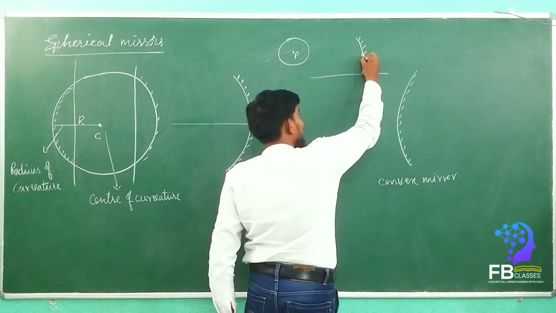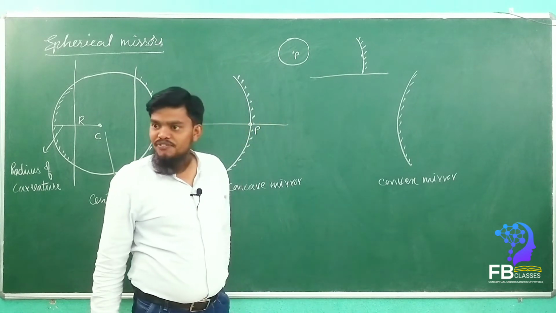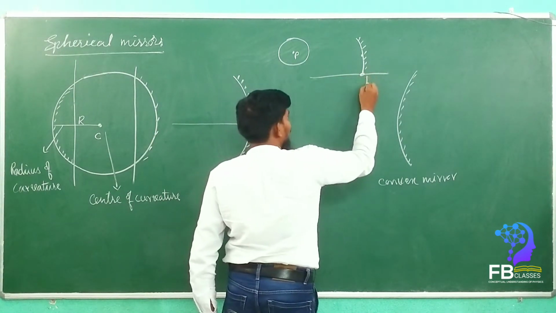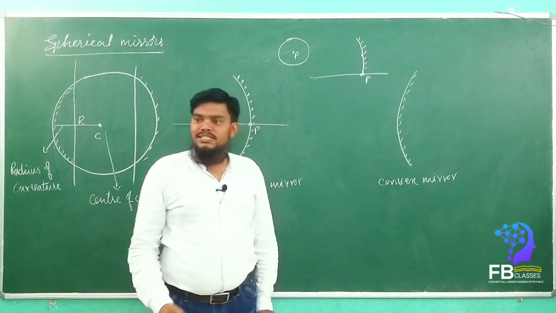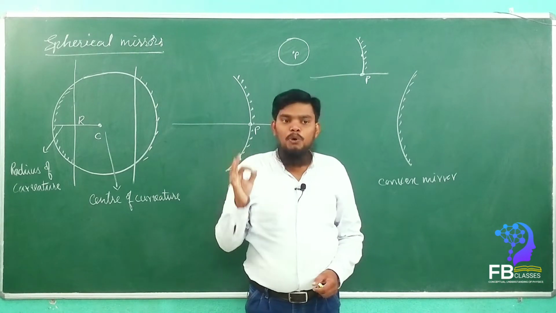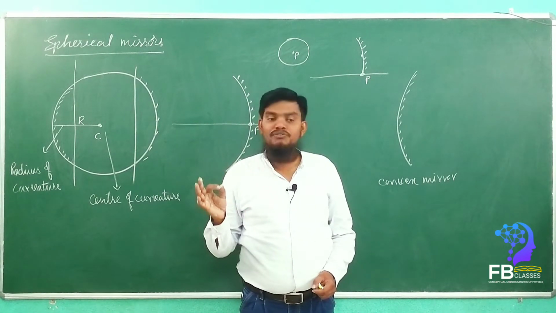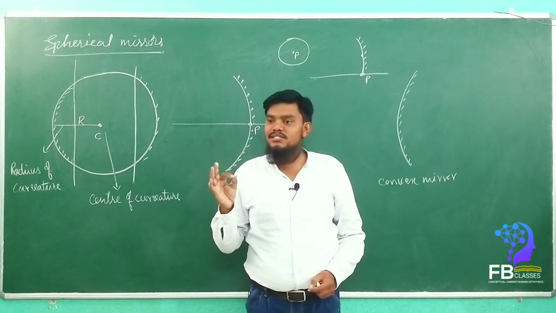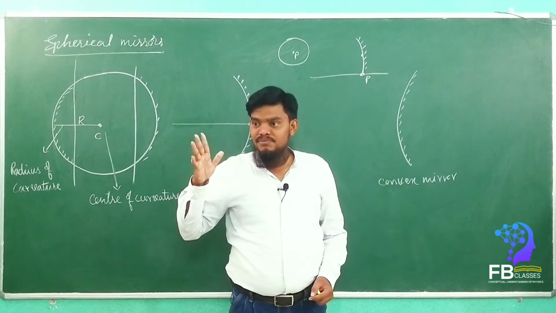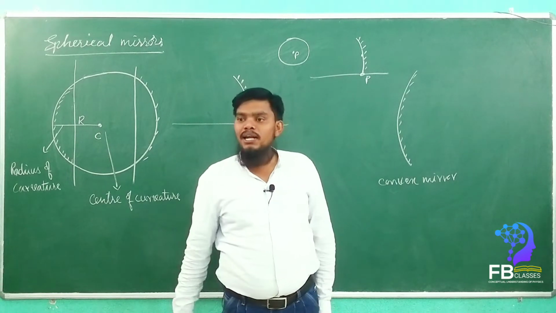Is it this one, right? Yes or no? Center of a mirror. But what will happen? We are going to take the pole here only, so that it's better to remember that the pole is a point from which we are able to measure the distance of the object and the distance of the image in an easy way. That point we can call a pole.